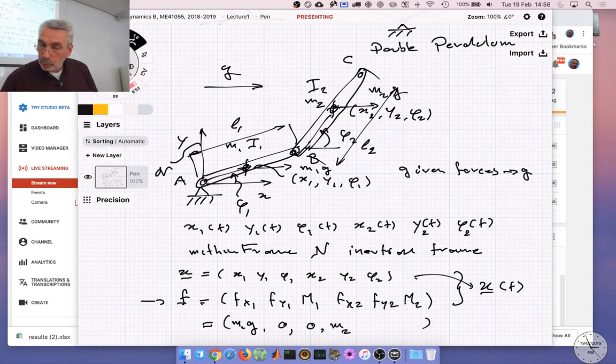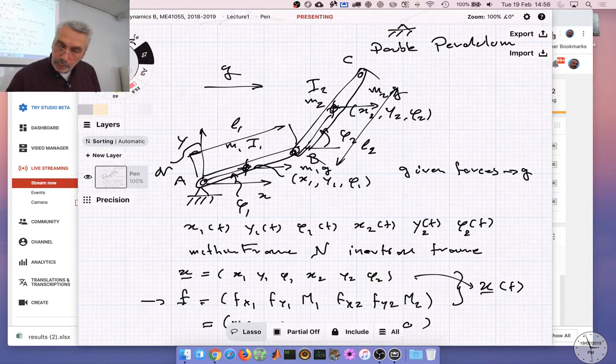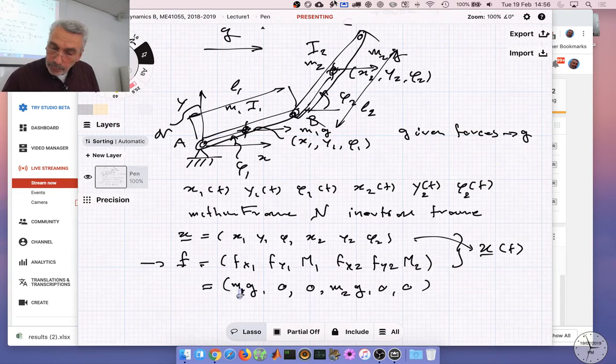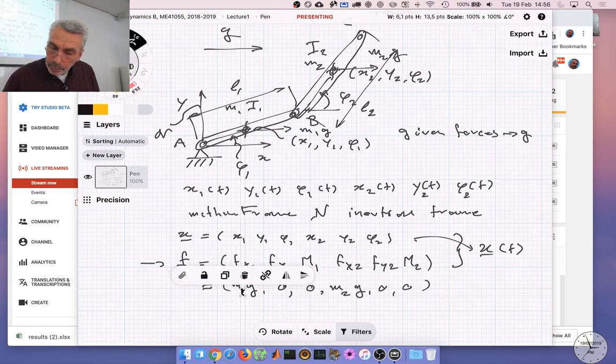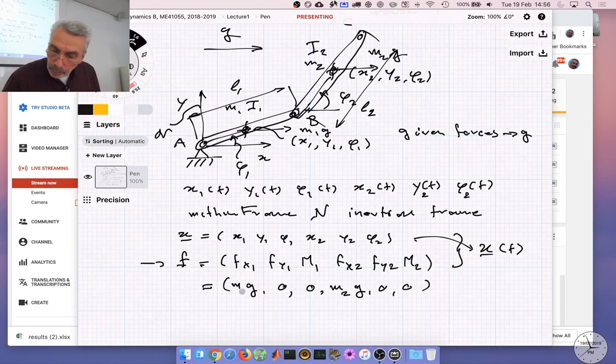And then this is M2G and 0. So these are the applied forces. This should be a 1 and that's not clear. M1. So these are the applied forces, they are given and we want to know this as a function of